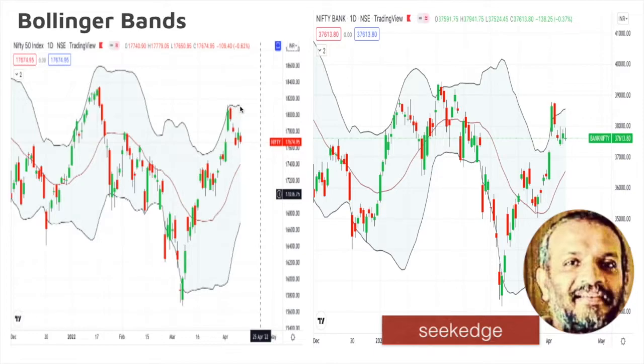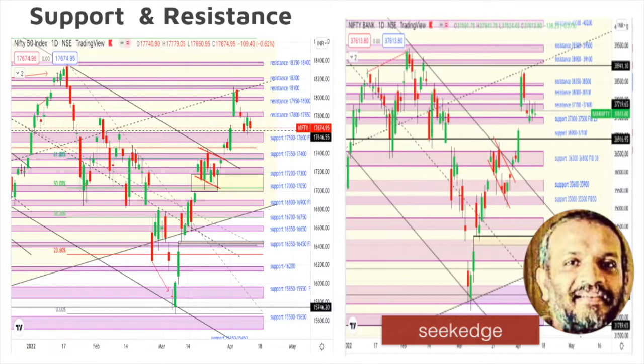Because we can see a bend on the expansion has happened now on both indices, right? But still it's an upward bias is what Bollinger Bands is saying, with high volatility indications. Now support and resistance levels: the current support is at 7,500, 7,600 Fibonacci level,